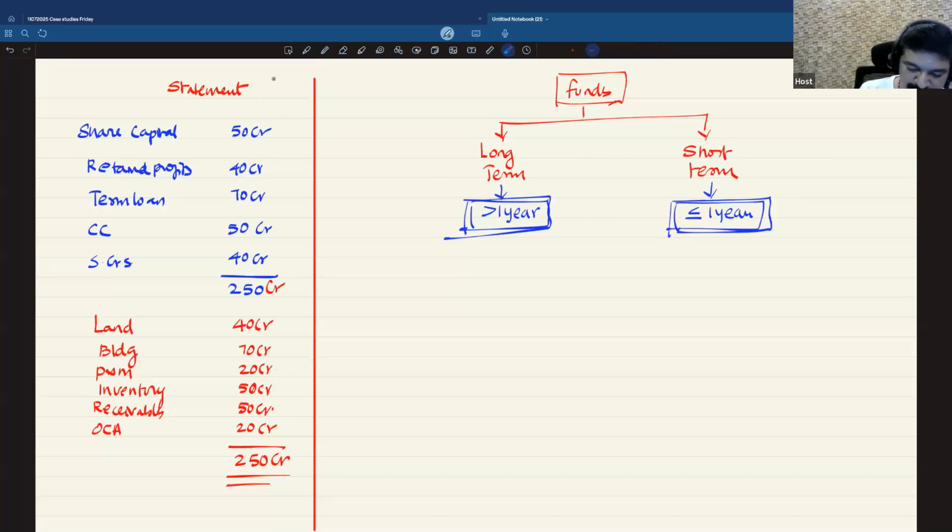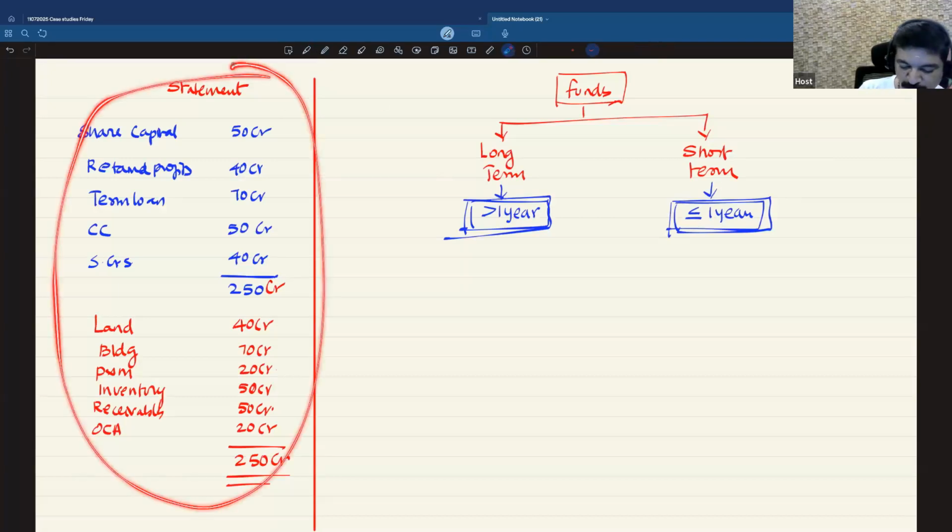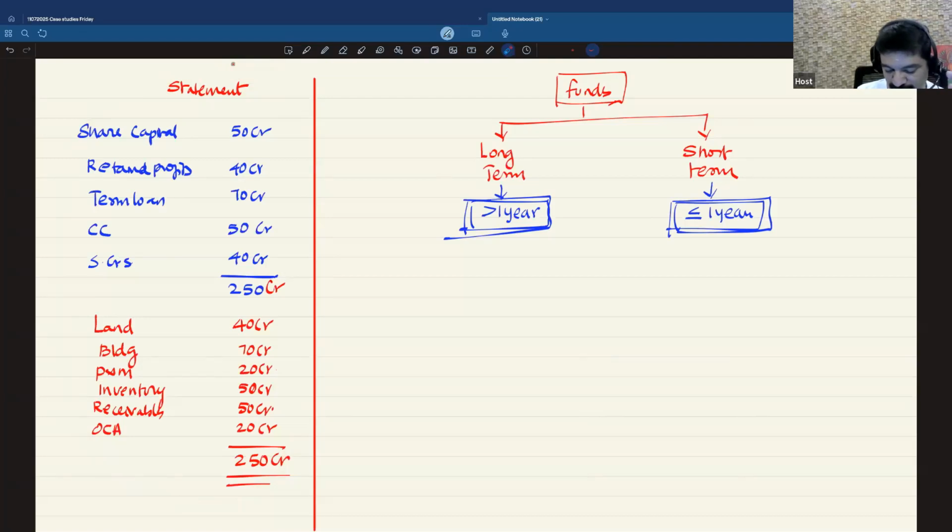Now, this statement is in a very blunt format. It is not facilitating any analysis. So to facilitate analysis, we have to classify the sources of funds as long-term and short-term. Whoever attended today's morning session will be able to answer this very easily. Tell me, the sundry creditors fund of 40 crore which came in during the year, which has to be repaid within like 30, 60, 90 days. Is it a short-term source of money or long-term source of money? This is a short-term source of money.